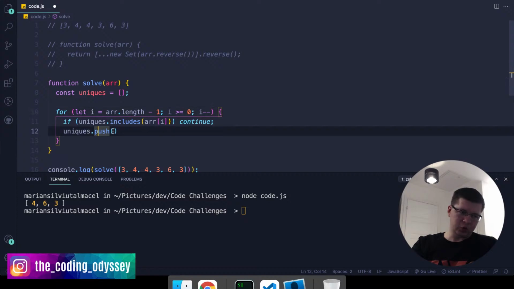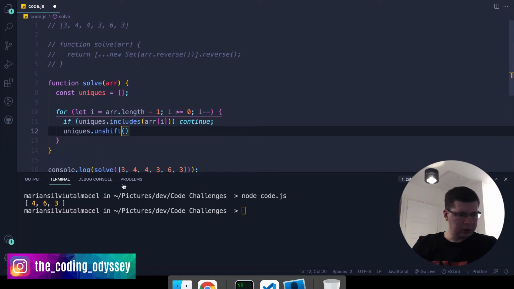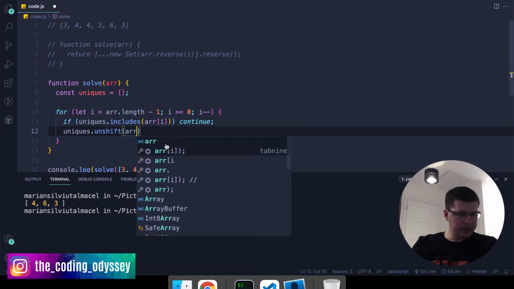Instead of push, you want to use unshift, which adds from the beginning of the array, and that way the one that was pushed first will be at the end, how it's supposed to be, right? So unix unshift array of i,